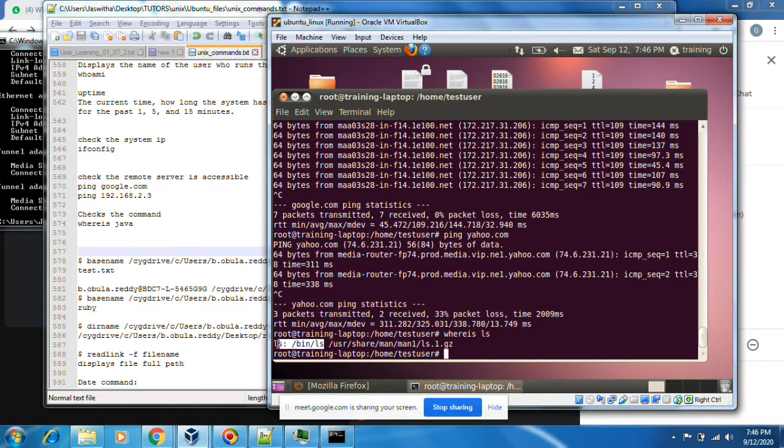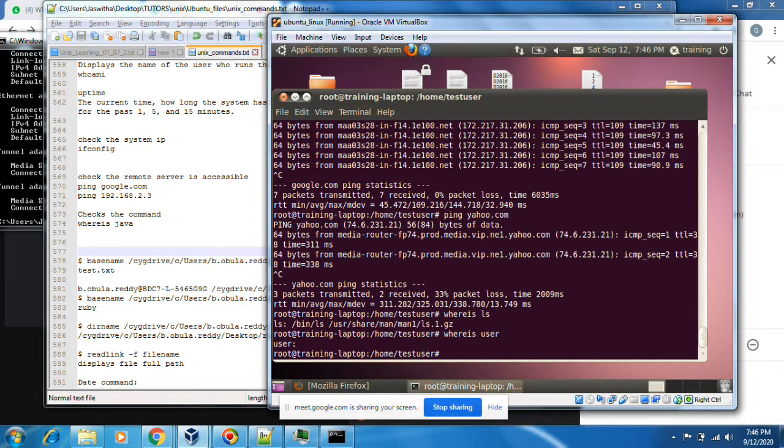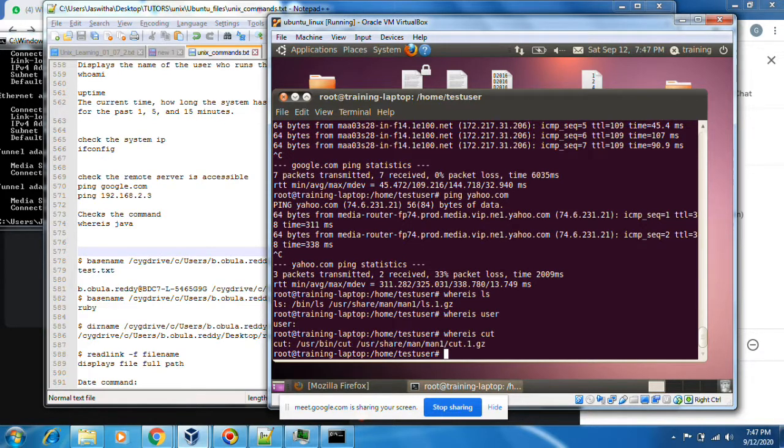In this directory, ls is available. Not only ls, you can put any command or username. If the user is not there, nothing shows. The cut command is in this location. Like that, it will show where.